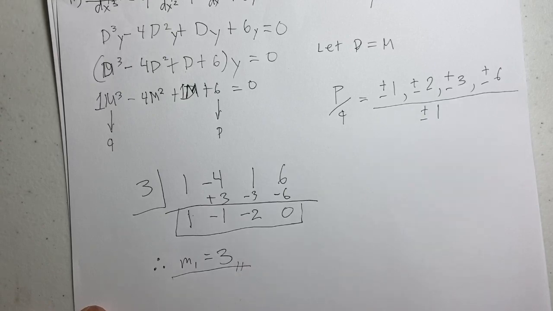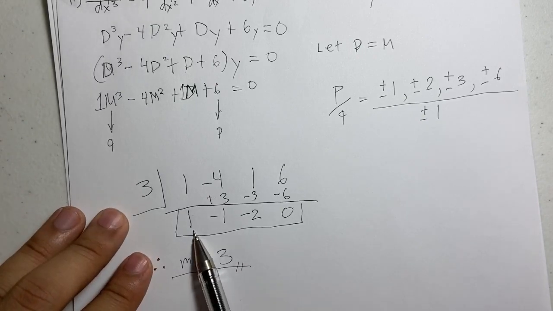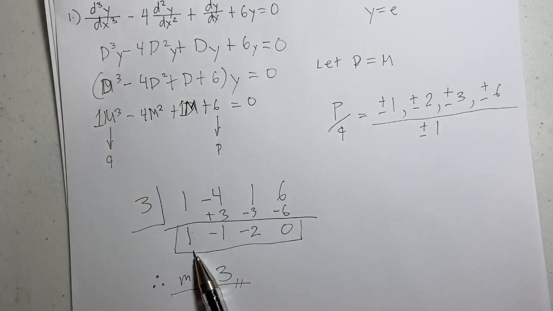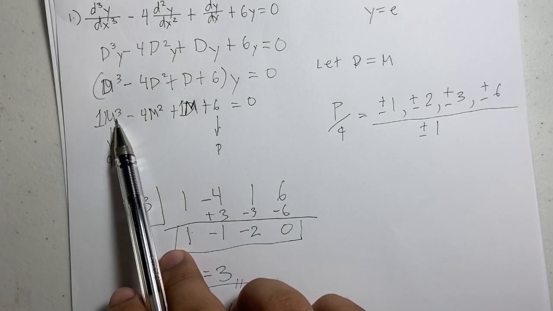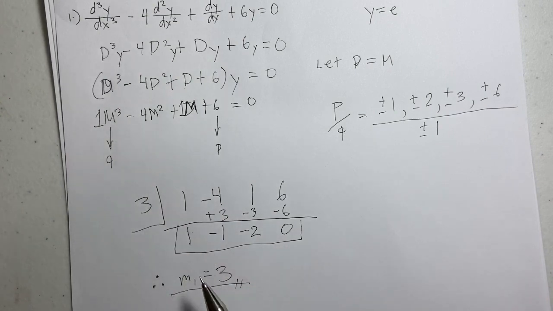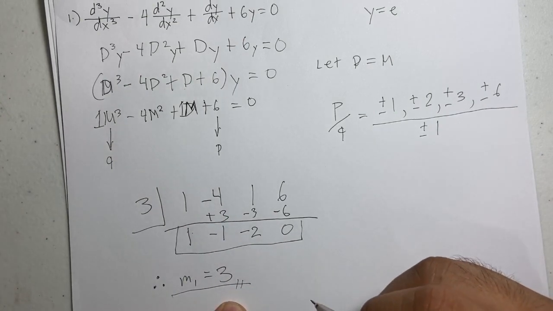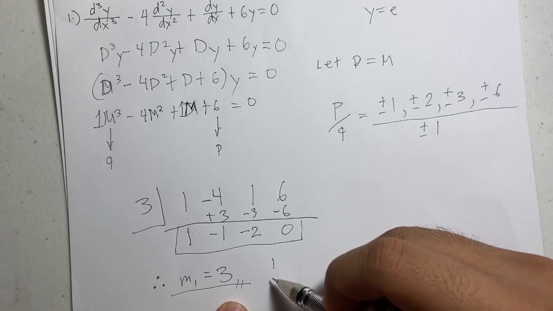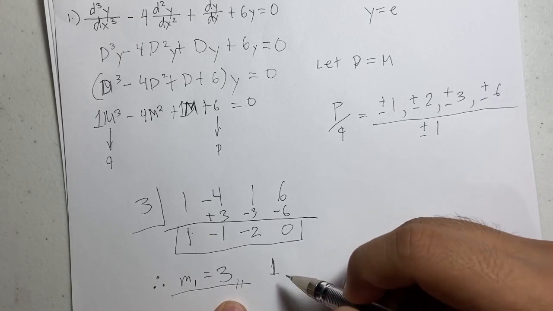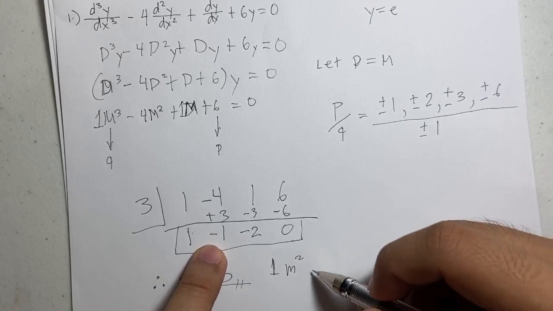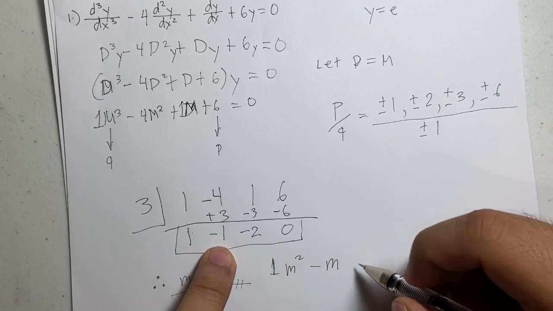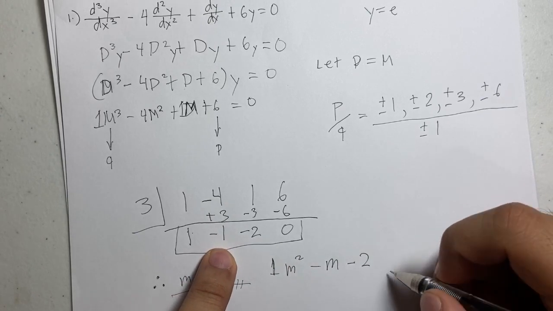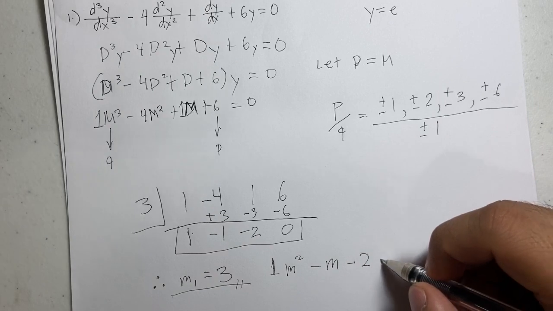When we recall in synthetic division, the first term is always a coefficient, which is considered one degree lower. So let's start with 1m squared minus m minus 2